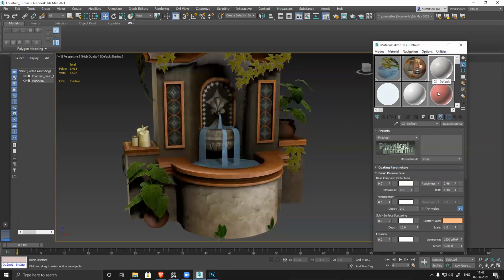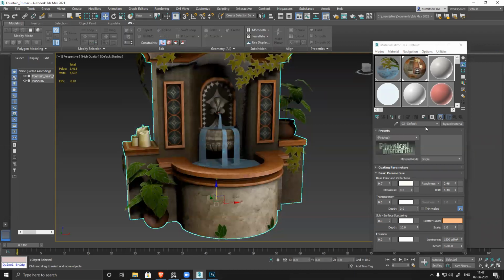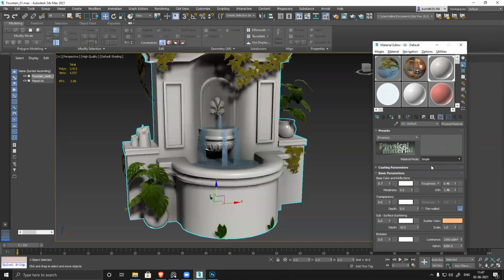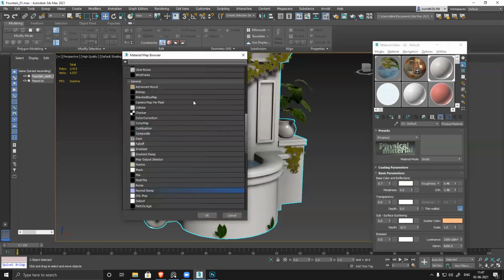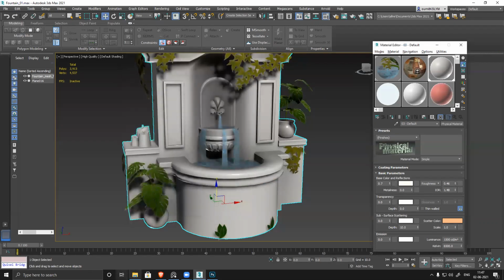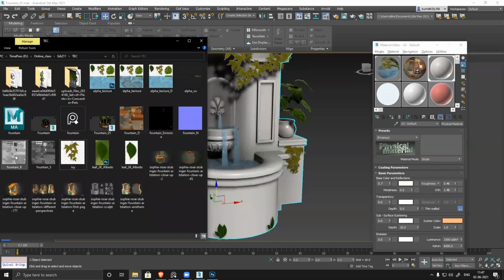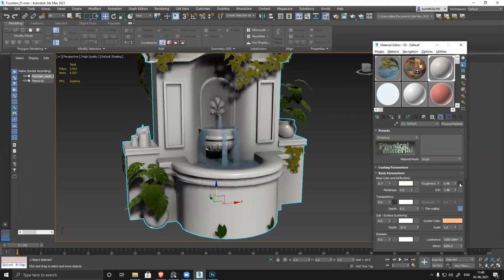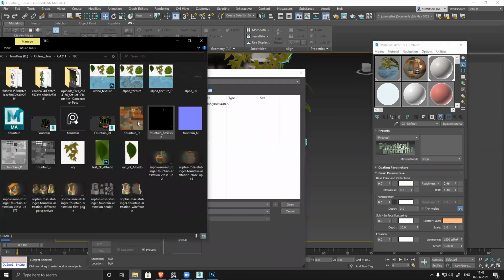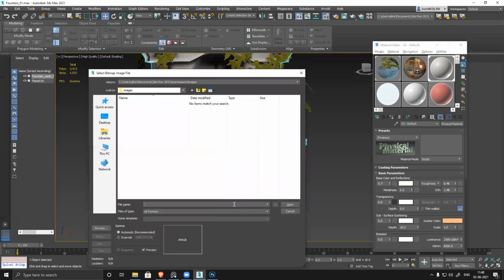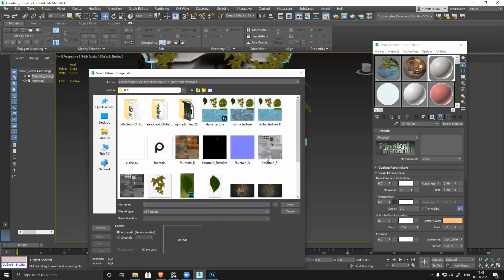Let's see. I just simply select this, apply this one, and roughness, apply it. Copy, paste, roughness.